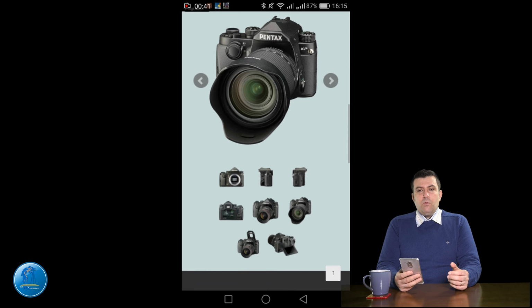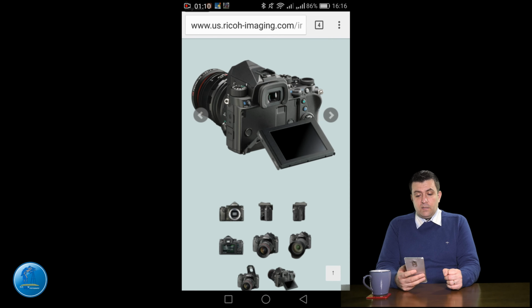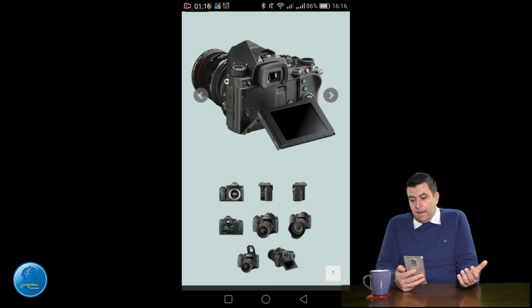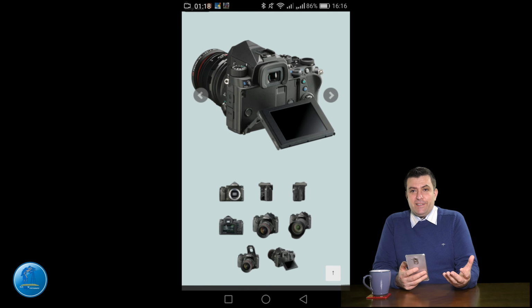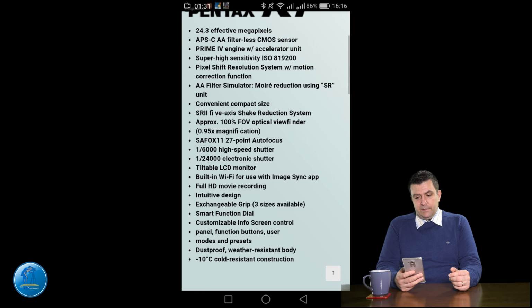And I have to tell you that I'm very, very surprised by Pentax. I just saw a few days ago a video about whether Pentax is dying or not. Somebody said that Pentax will die. I wouldn't say Pentax will die. I would say that they will be on the market for a long time because they create some awesome cameras. And as an ex-Pentax user, I am tempted to buy this camera, honestly. Especially after the release, when the price will be reduced, I will buy this camera. It's very, very interesting. It looks very interesting for